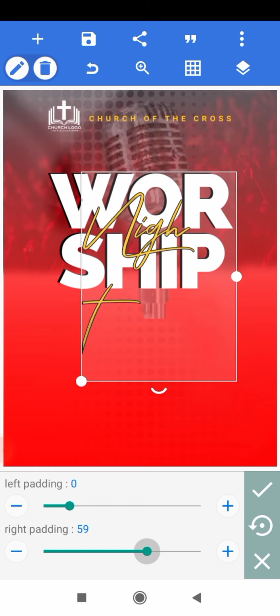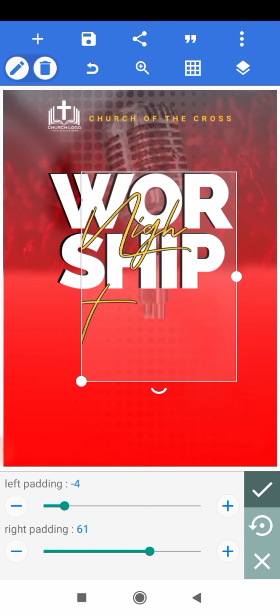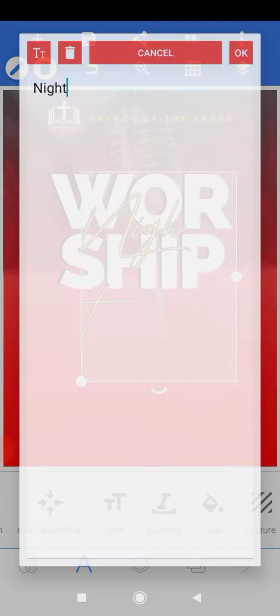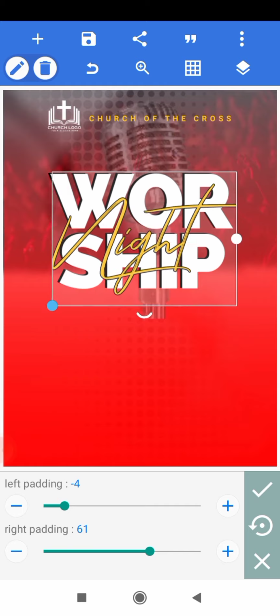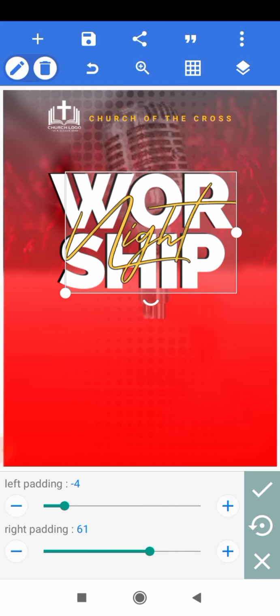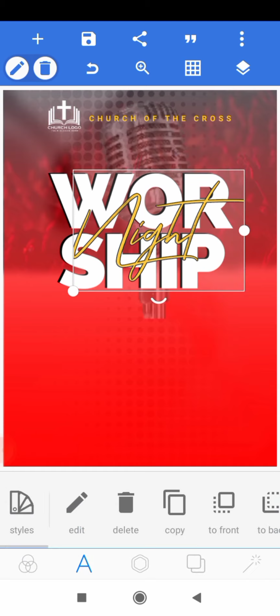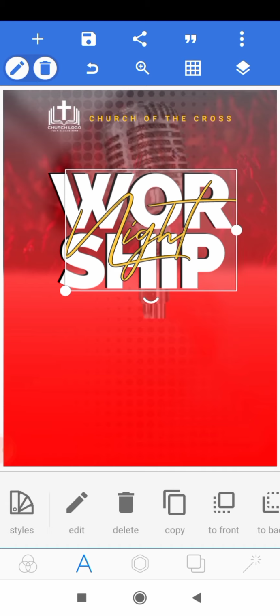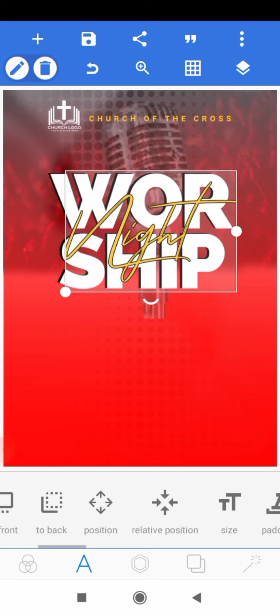Then I'll just position it somewhere here neatly, and then I'll reduce the size a bit